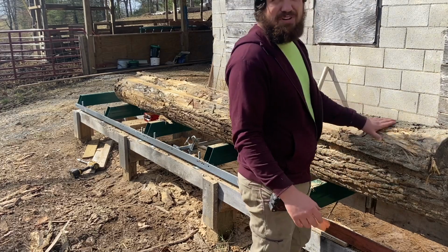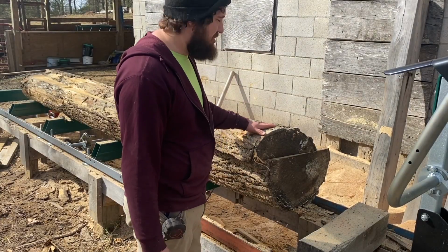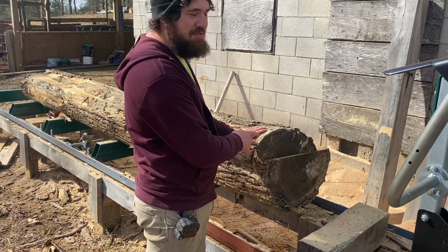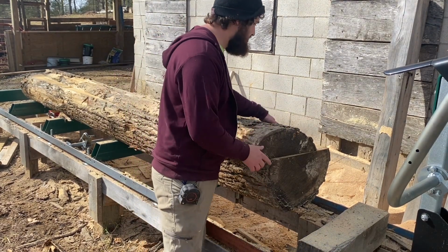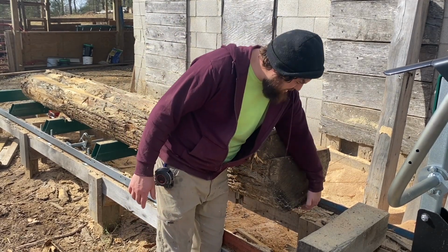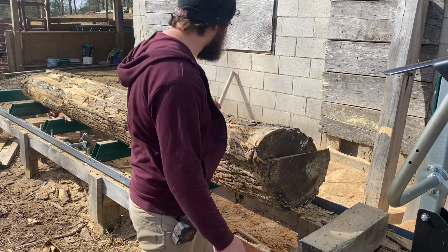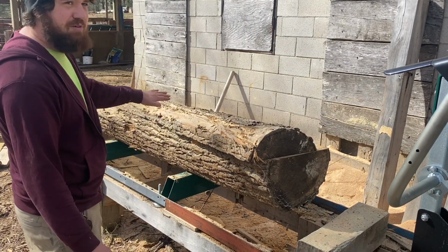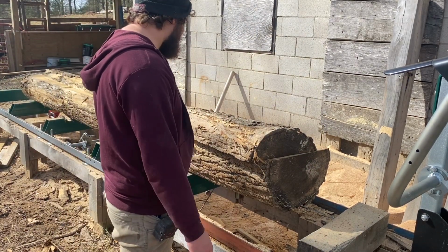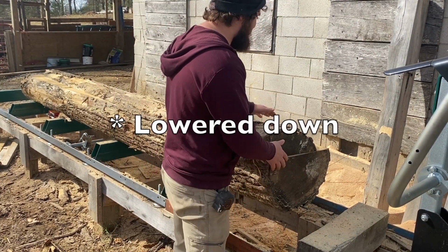Well, this is a horrible demonstration of how to use a toe board. Sometimes when I'm making a video, I just don't think straight. I think I said this was an oak, but I'm pretty sure it's a poplar. And the other thing is, the bottom cut was right here, and this one is only 3 inches from the heart, because this one was crooked. That side was flat, and this side really flanged out, and I should have lifted it up further, but